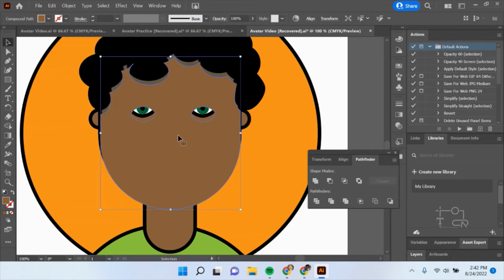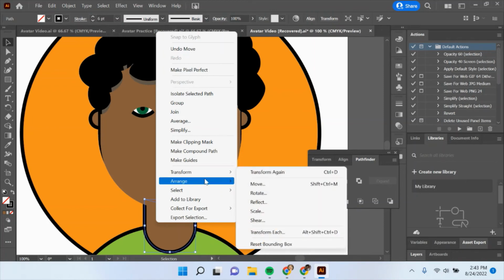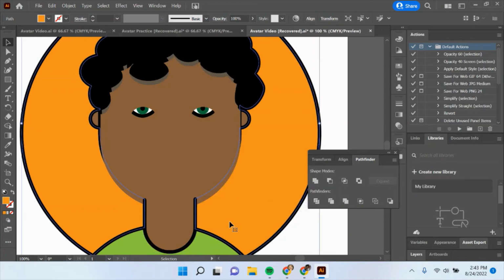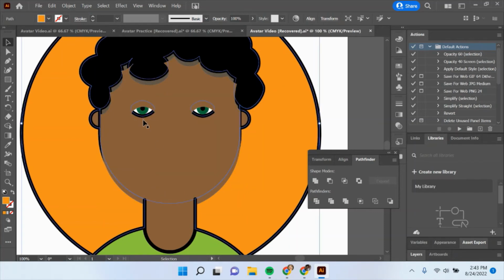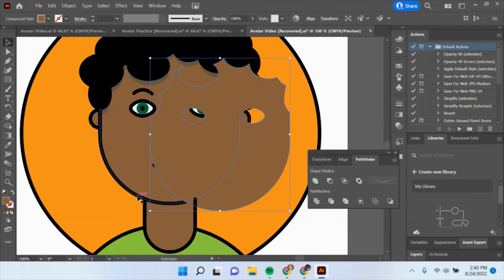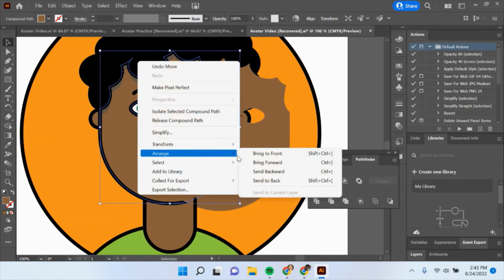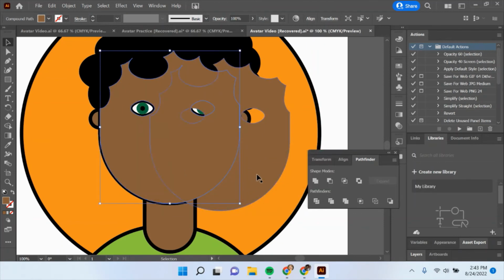So again, this is going to be a little tricky, a little weird. I'm actually going to bring my neckline in front. So I'm going to say, hopefully this works. Arrange, bring to front. There we go. So now I can see where my neckline needs to be. And I'm also going to take my face back here. Hopefully, no, that's not going to work. I'm going to click, I'm going to move this. I'm going to take my face and let's say arrange, bring to front as well. So hopefully,